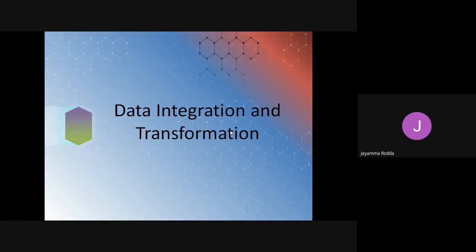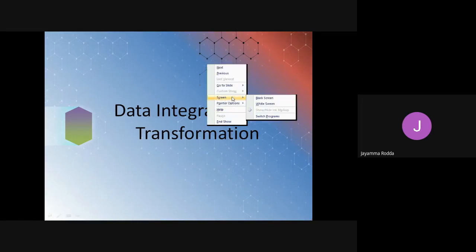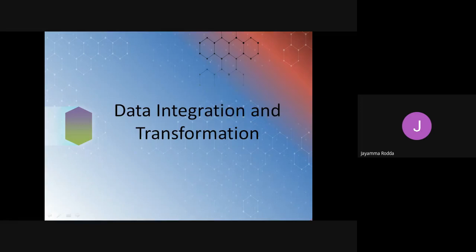So this is a concept from data pre-processing. Pre-processing is done before the data is loaded into the data warehouse. Before the data could be loaded into the data warehouse, pre-processing will be done. In that we have discussed data cleaning. Data cleaning is one of the pre-processing steps, and now data integration and transformation, and then comes data reduction. So today we are going to start our concept on data integration and transformation.